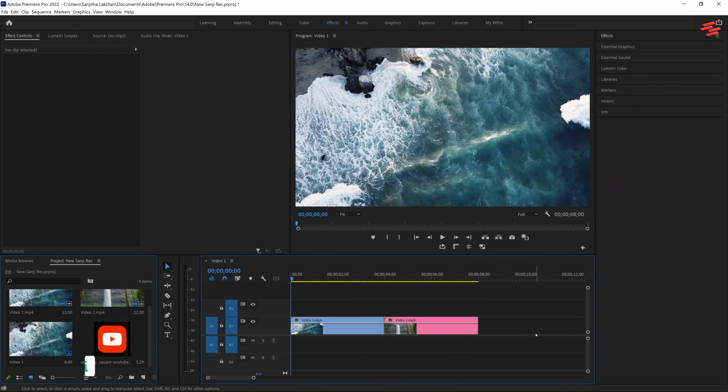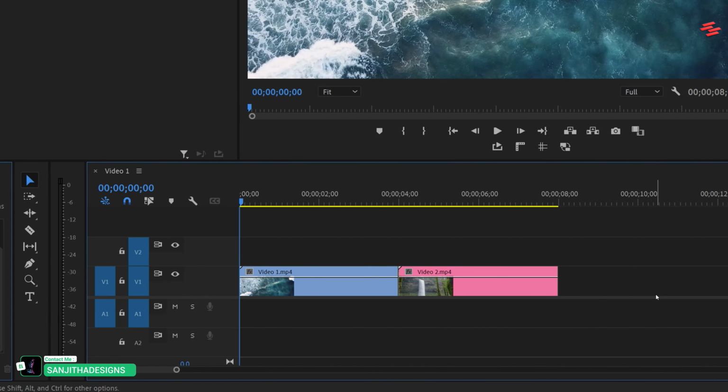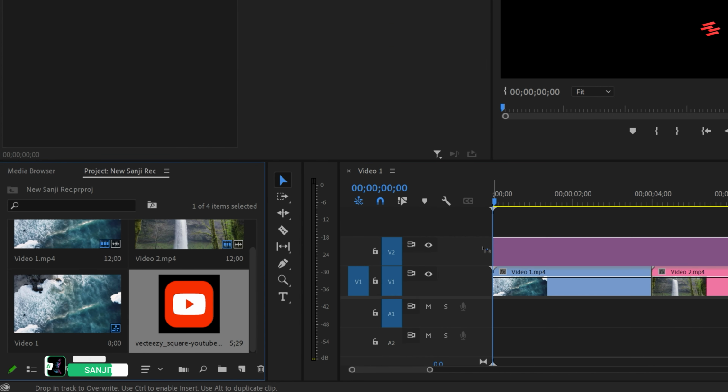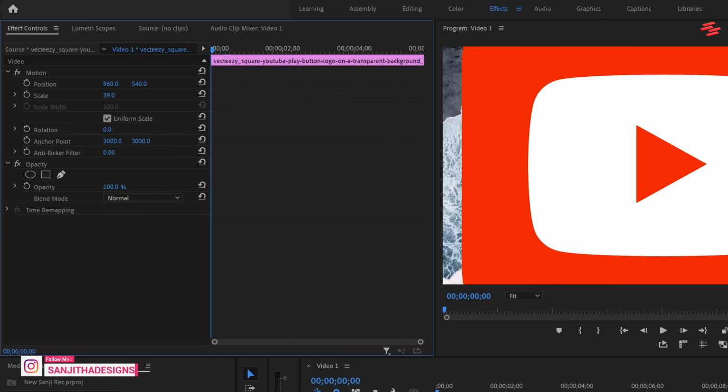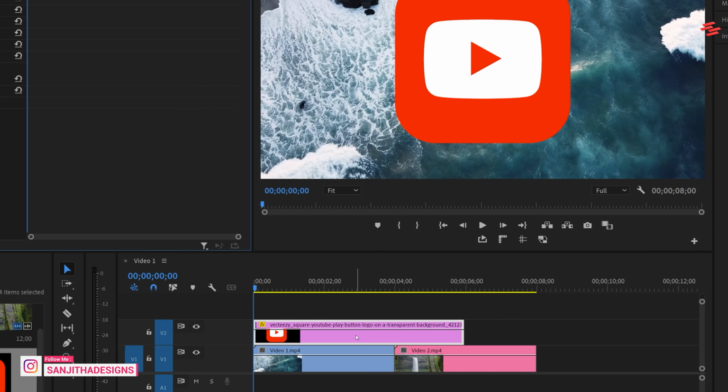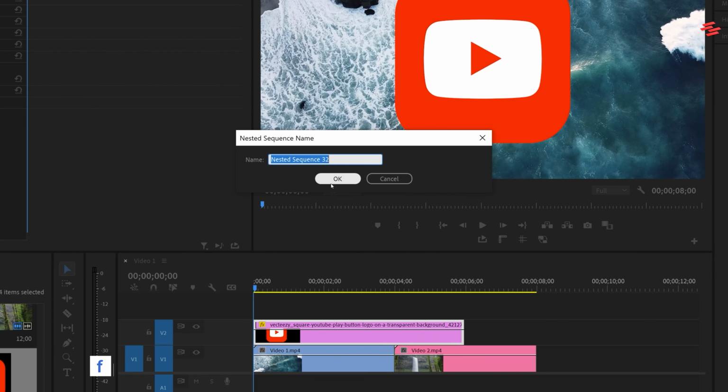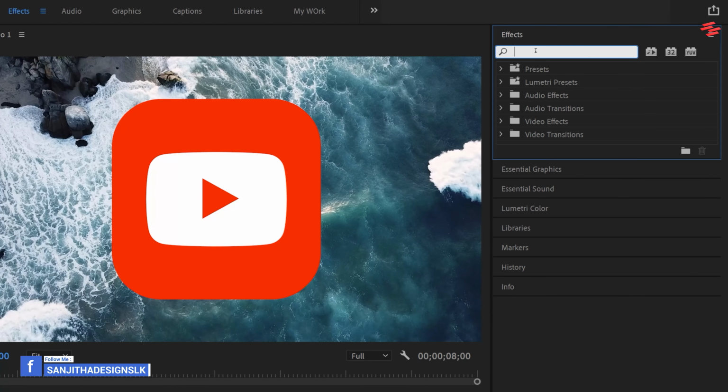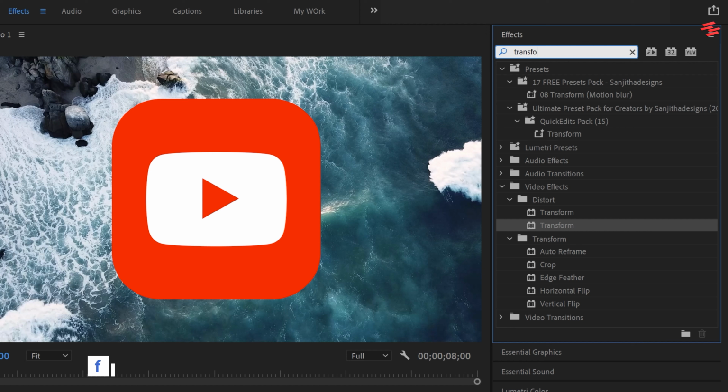Number 6. Smooth logo transition. I already added 2 clips to the timeline. First, drag and drop your logo above the 2 video clips. Then select it and adjust the size to something like this. Next, nest your logo. Go to the Effects panel, search for Transform, and drag and drop it onto the nested